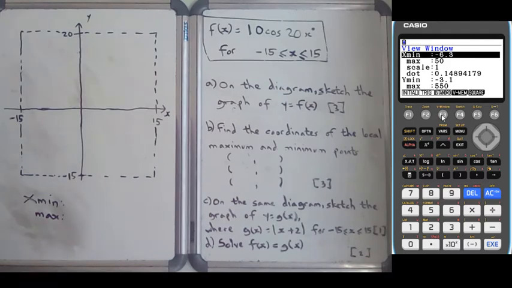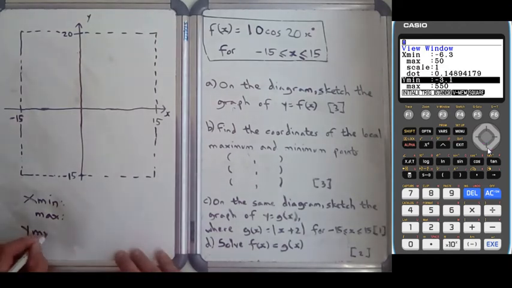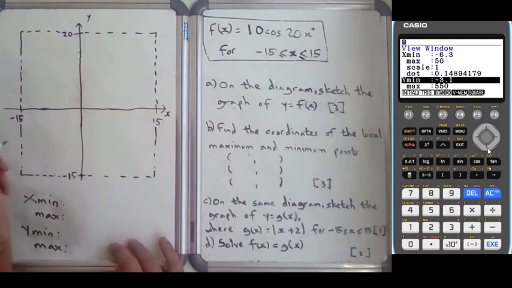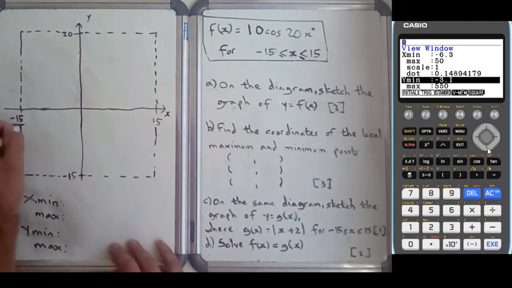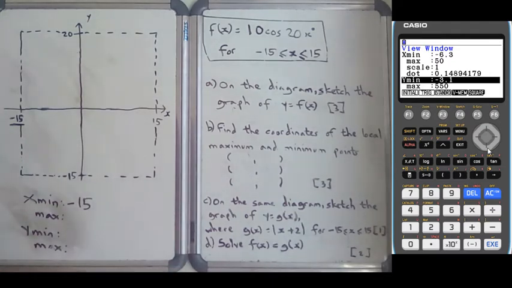Scale and dot, I'm not particularly bothered about. Y min and max I definitely are. So I've got Y min and max. So I need to make sure that these 4 values correspond to these. So X min needs to be the minimum value of X. It's right there in front of me, it's minus 15. So I need to change that value